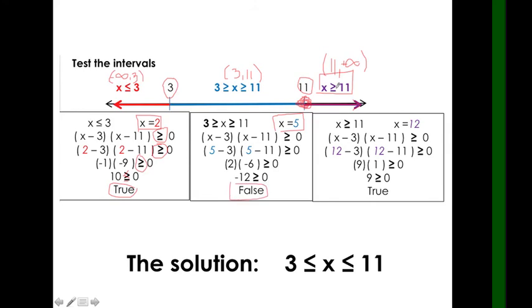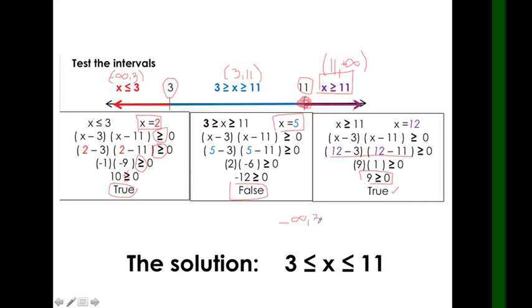And for this, x is 11 to infinity. So what numbers can you think of greater than 11? That's 12. So just substitute 12 to the equation that we have, and the answer is 9, greater than or equal to 0. That's true. So therefore, our solution set here will be negative infinity